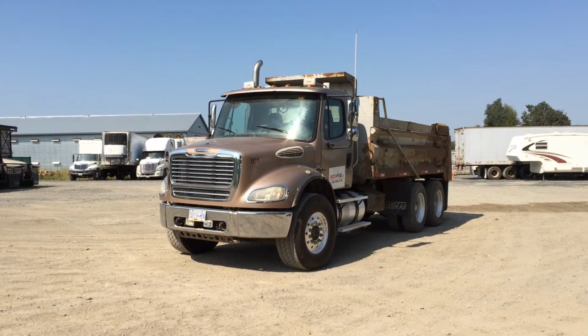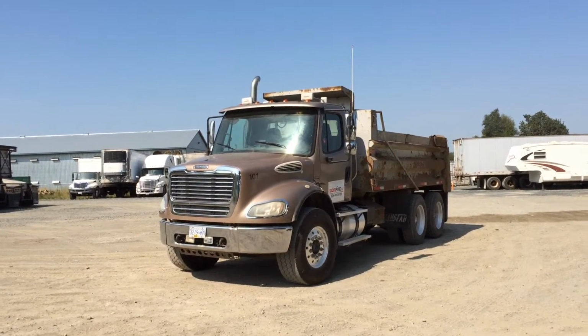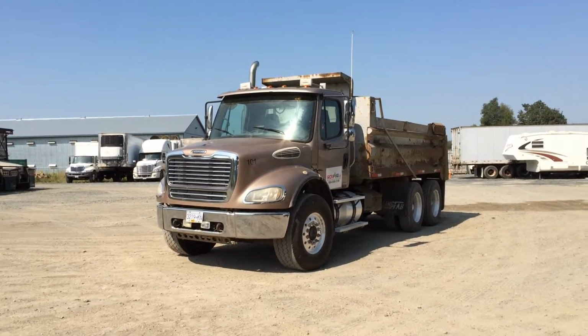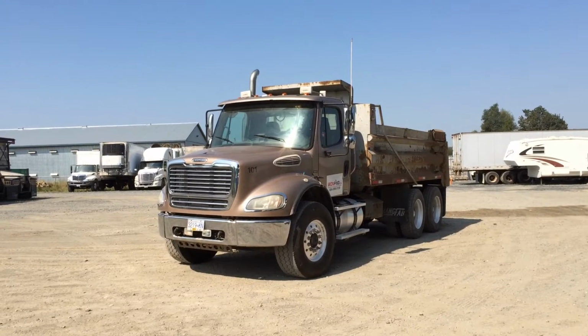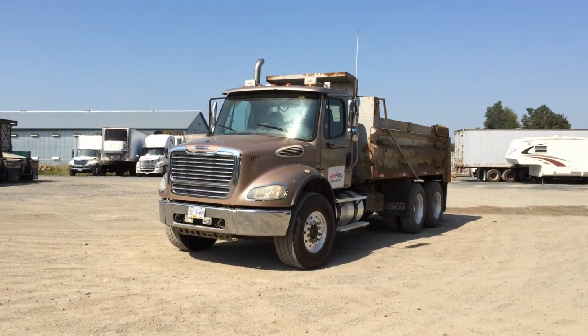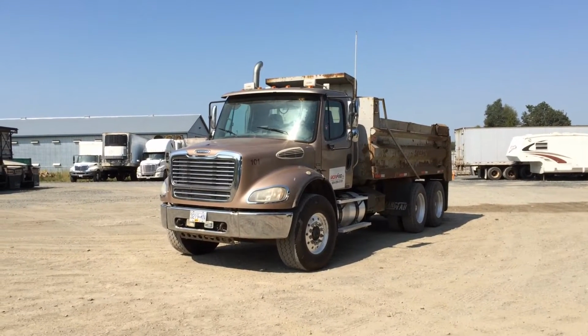Today I'm going to show you this 2006 Freightliner M2 dump truck. It is a Langfab steel box, 371,550 kilometers and 14,658 engine hours. It has a Mercedes MBE 4000 engine, 450 horsepower, has a Jake brake and full diff locks, an 18-speed Eaton